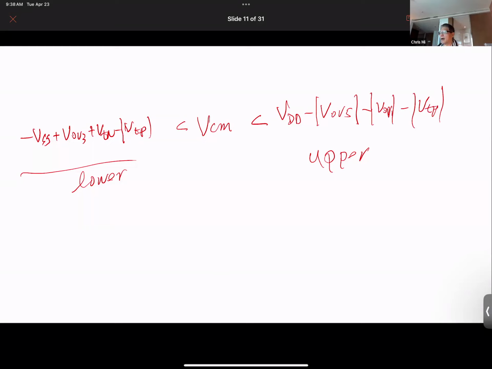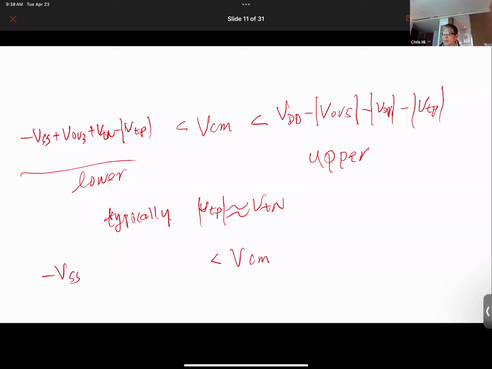So that's the upper bound. If you look at this equation, it's interesting. It's not symmetrical. The reason is typically you can have VTP approximately equal to VTN. The threshold voltage of PMOS and NMOS are similarly the same. Therefore, if you can